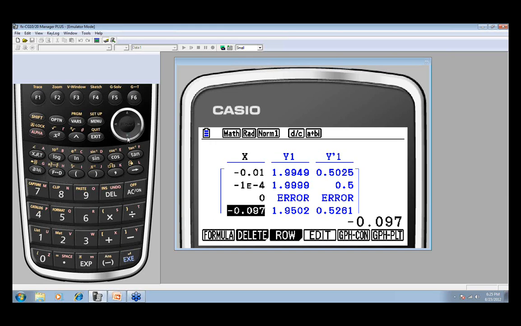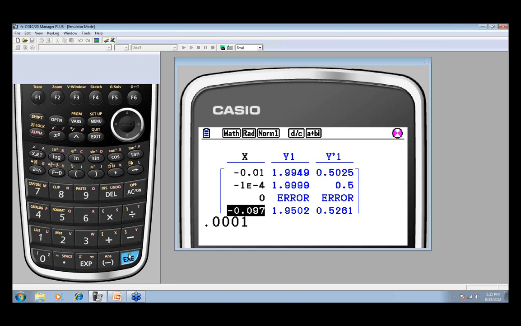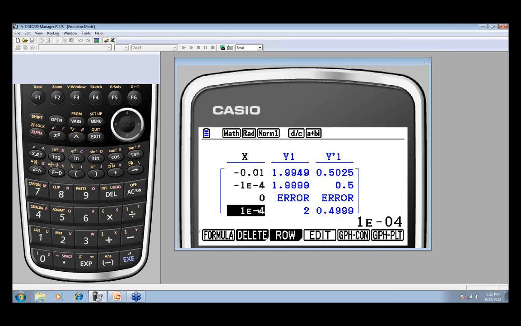Well, let's get infinitely close to 0, or as close as we can. Sometimes in Alabama we call this getting dang close to 0. We're going to go 0.0001 on the positive side. And again, you see that we're getting a value here that's, well, it's actually showing me 2, but we really need it to be close to 2.